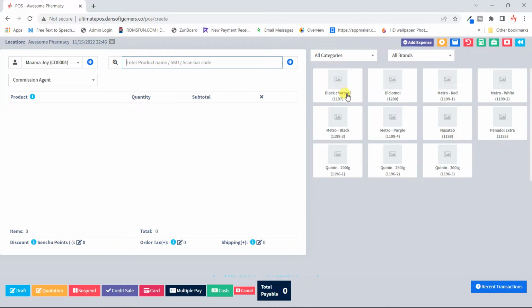Now there are 2 ways you can add products to this cart. You can easily just click on the product and then oh, we sold all the 5 cartons of the black charcoal, so we don't have any left in stock, but we have other products. So if we look at,